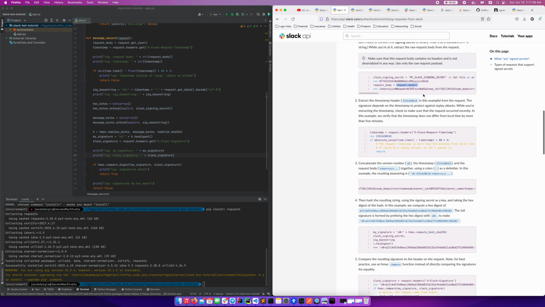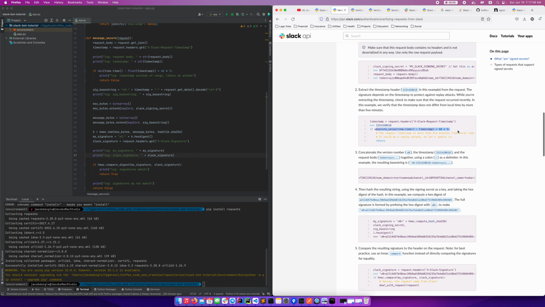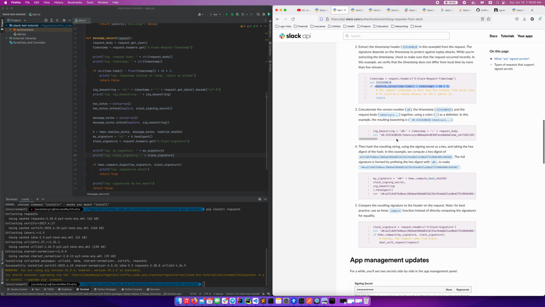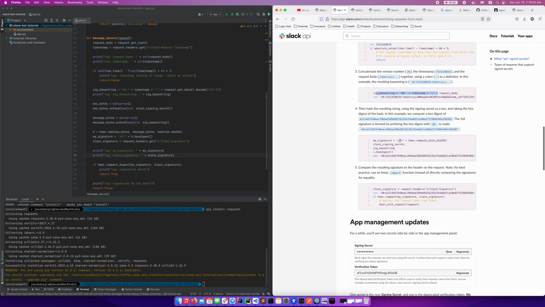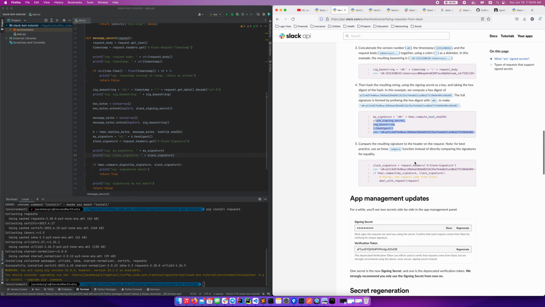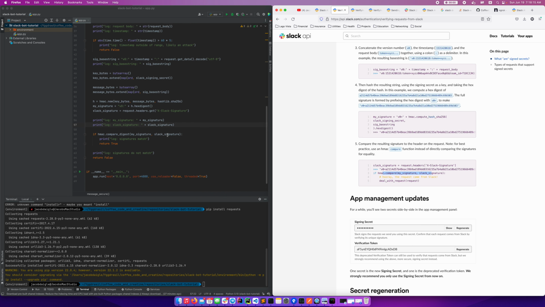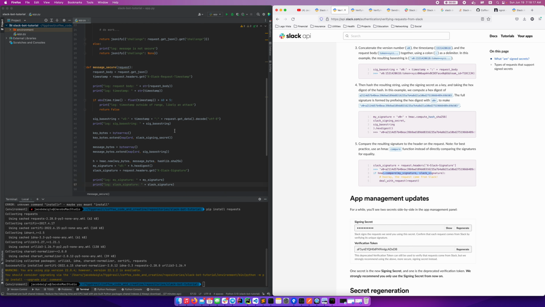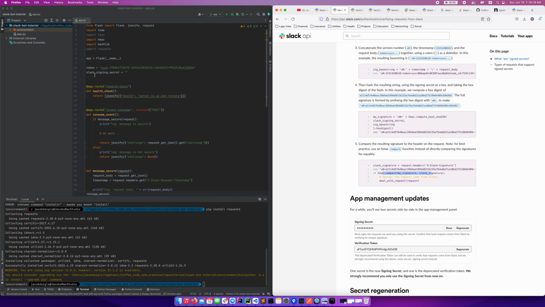They pull the JSON from the body. They check the timestamp. They build the base string. They compute the hash. And then they verify the hash. So that's exactly what we did. We pull the JSON body. We check the timestamp. We compute the hash. We verify the hash. And so the only other thing we need to come up with is this now Slack